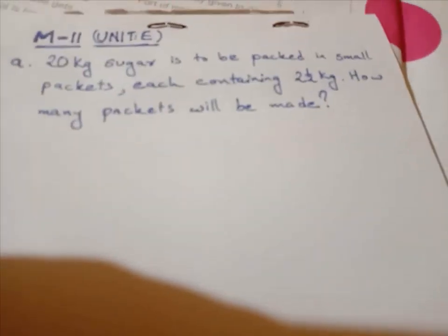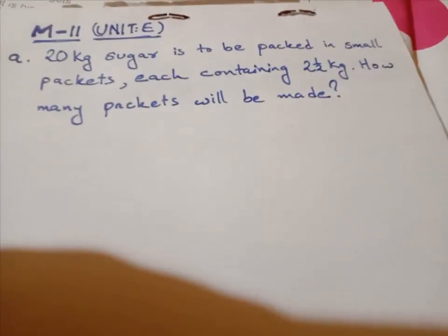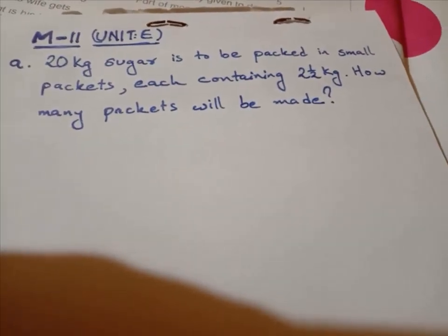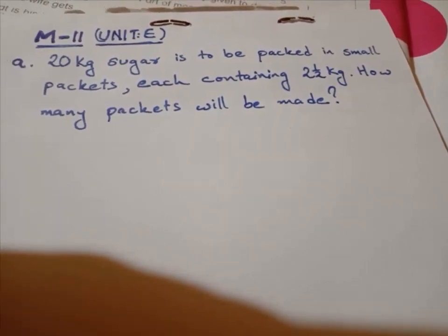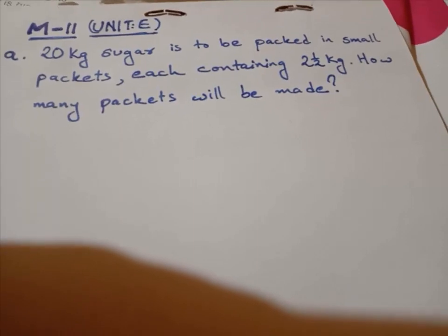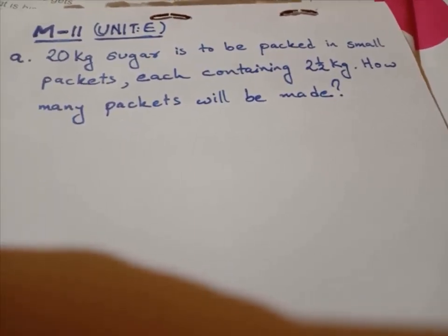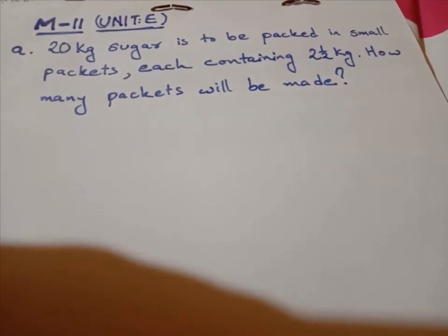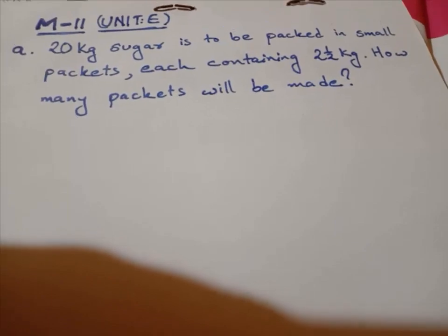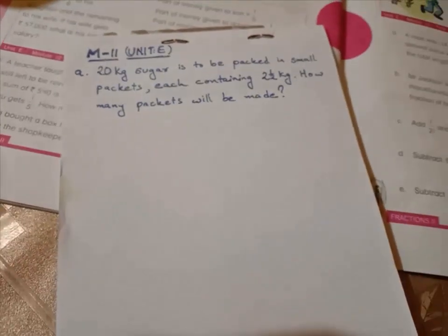So question number A says that 20 kg of sugar is to be packed in small packets, each containing 2.5 kg. How many packets will be made? So the total amount of sugar is 20 kg. Weight of each small packet is 2.5 kg, and how many such packets can be made from 20 kg of sugar? Now, first of all, what you need to remember is